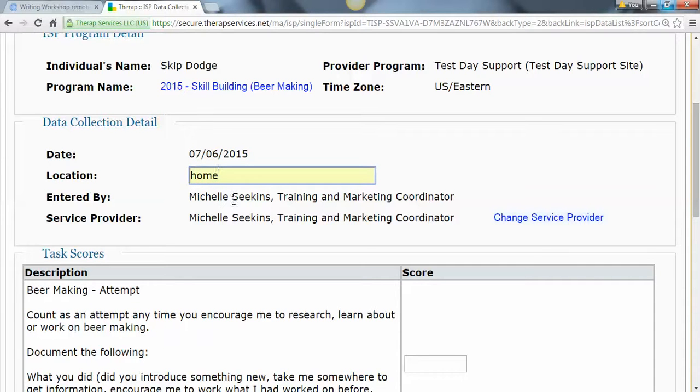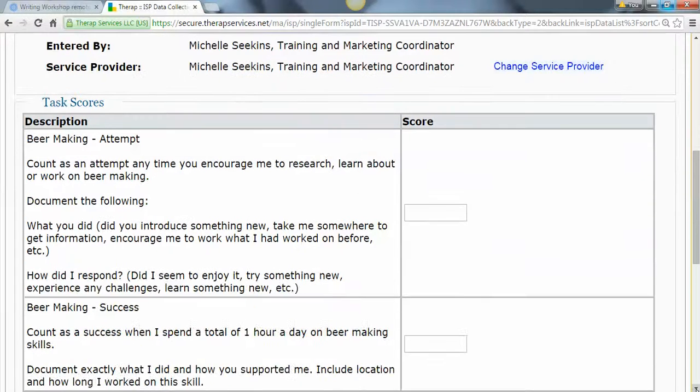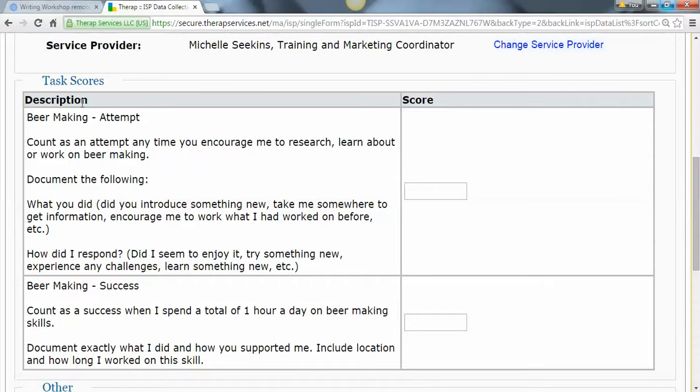This will automatically be defaulted to my name. So entered by will be me, service provided will be me. When you're writing yours, your name will show up here with your title. You're then going to scroll down and it'll give you your task scores here, and it says beer making attempt. Count as an attempt anytime you encourage me to research, learn about, or work on beer making, and then document